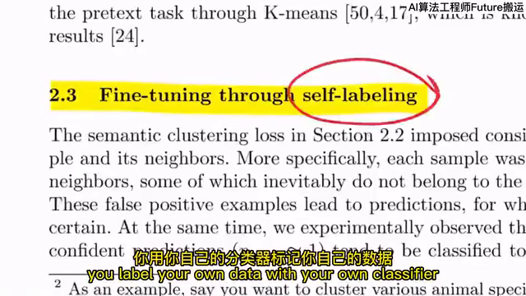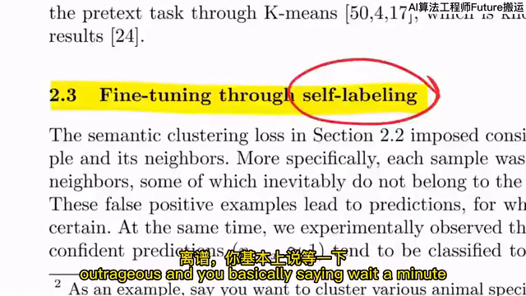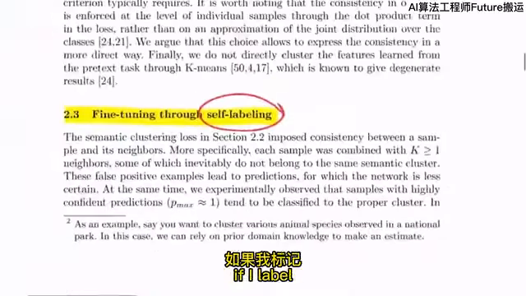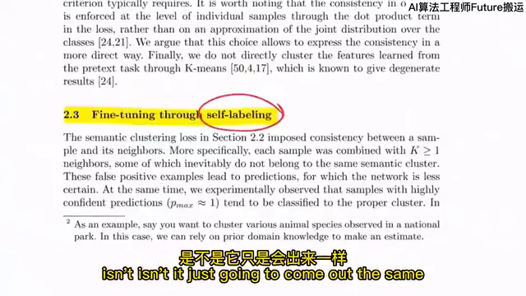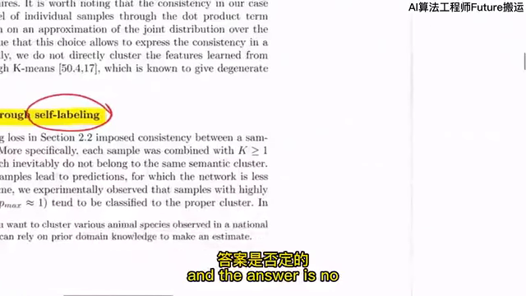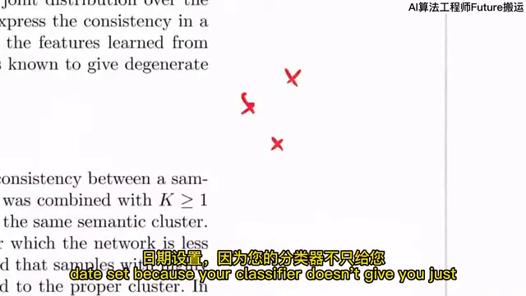You label your own data with your own classifier. Now, that might be a bit outrageous, and you're basically saying, wait a minute, if I label my own data and learn a classifier on these labels, isn't it just going to come out the same? And the answer is no, right? If you have a data set, because your classifier doesn't give you just,